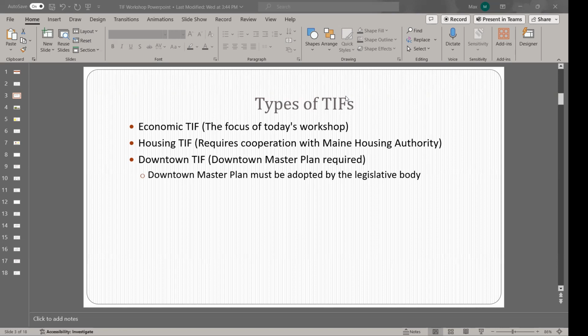So, case in point, a town did a revaluation. Last year's mill rate was 20, and there was a proposal at a 20 mill rate. This year's is 13.90, so that whole proposal was shot, because the mill rate changed so much. But in order to have 100% valuation on the value of the TIF, you had to have 100% valuation on the rest of the town. If the town is at 80%, we have to do 80% on the TIF, and that changes the deal altogether. It's way better for a town to be at 100% when they're doing the TIF.